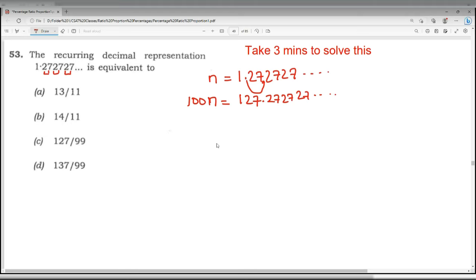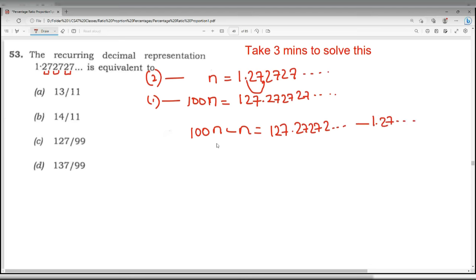Now this is N, and this is 100 N. Let this be equation 1 and let this be equation 2. Subtract equation 1 from equation 2. So 100 N minus N is equal to 127.272727 minus 1.272727. See, if you write it like this, 127.272727, and then this is 1.272727,